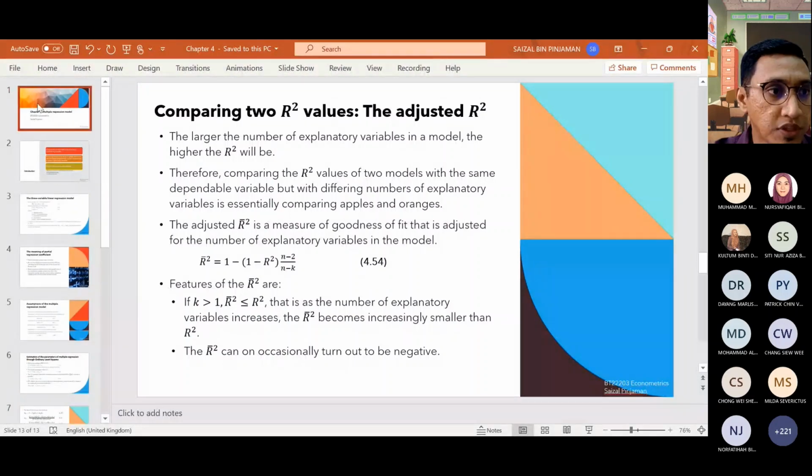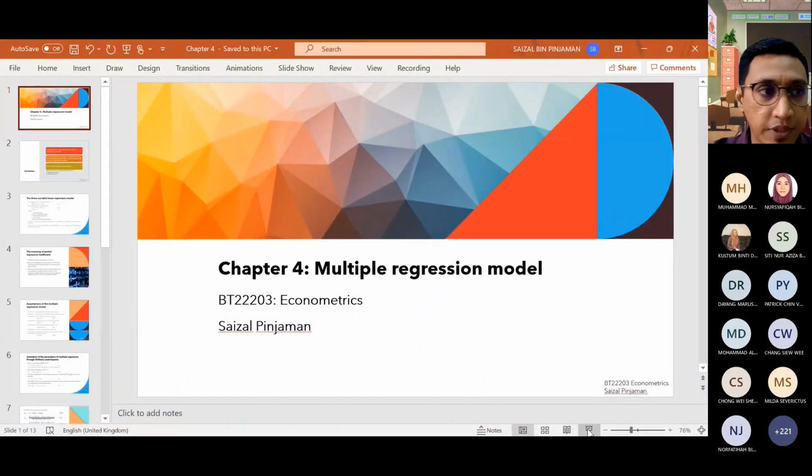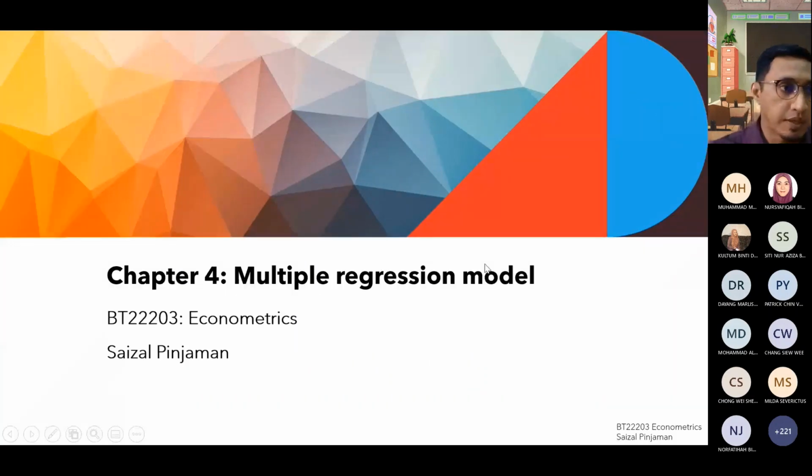So our topic of discussion today involves chapter 4. Okay, multiple regression model. Basically, chapter 4, or to be more specific, multiple regression model is similar to the simple regression model. Okay, but of course there are a number of additional information